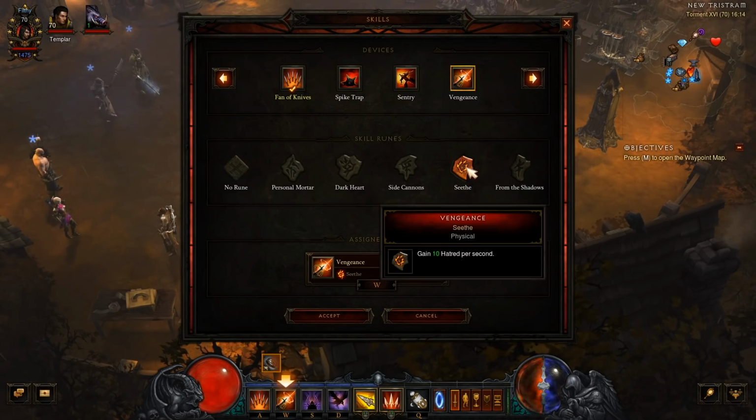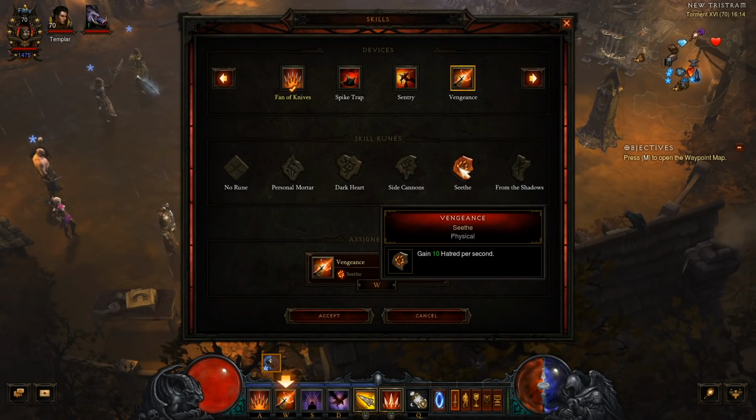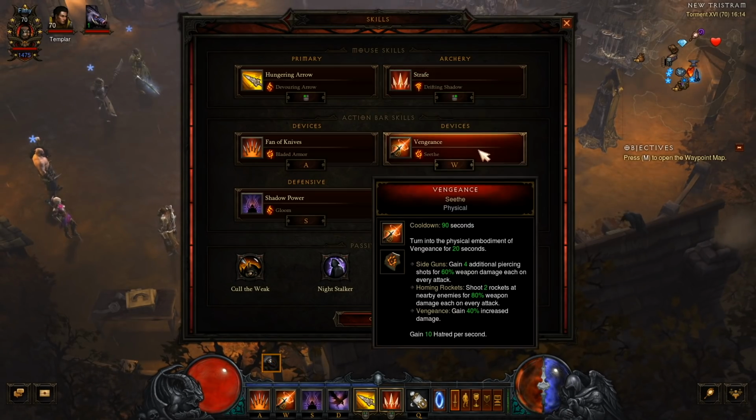Vengeance with Seethe, this gives us 40% extra damage, which is the main benefit, but also it generates hatred, because what we do have with Strafe is it costs hatred, and if we're going to be holding this down a lot, moving really quickly, firing out those automatic Hungering Arrows, we could run dry of hatred, so Vengeance Seethe is